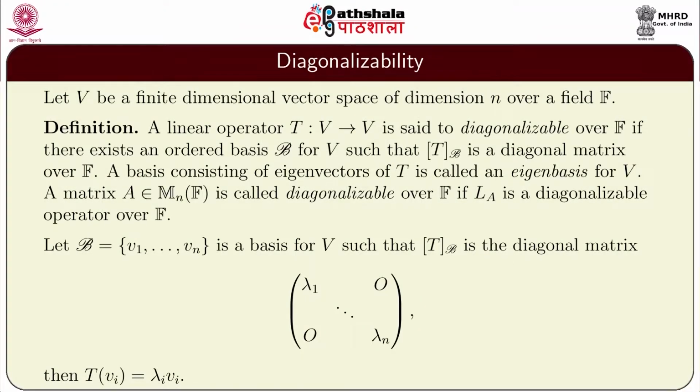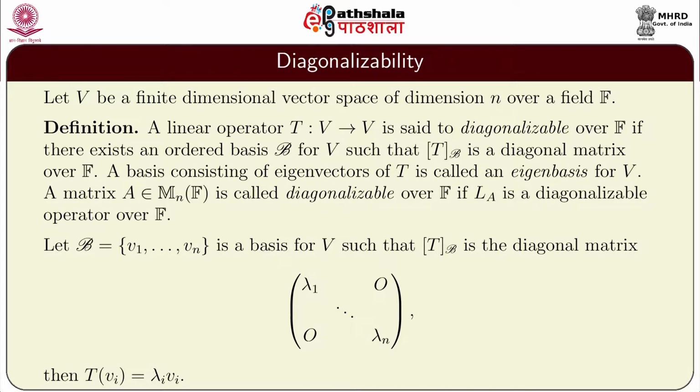Let V be a finite dimensional vector space of dimension n over a field F. This is going to be our blanket assumption for this module. A linear operator T from V to V is said to be diagonalizable over F if there exists an ordered basis B for V such that the matrix representation of T with respect to the basis B is a diagonal matrix over F. A basis consisting of eigenvectors of T is called an eigenbasis for V,